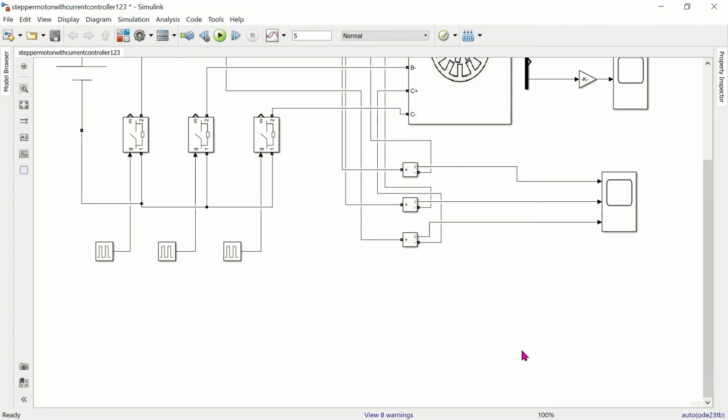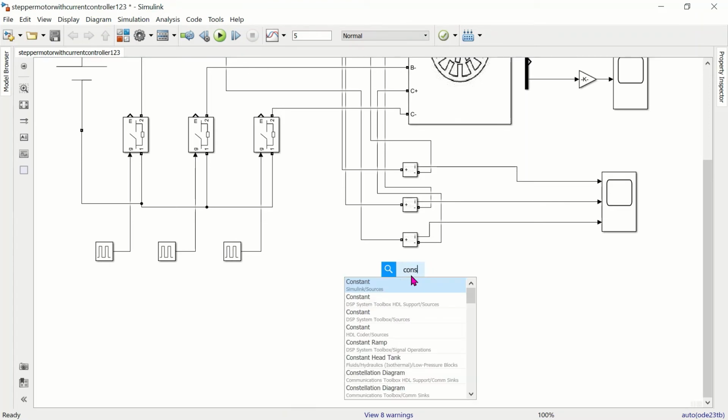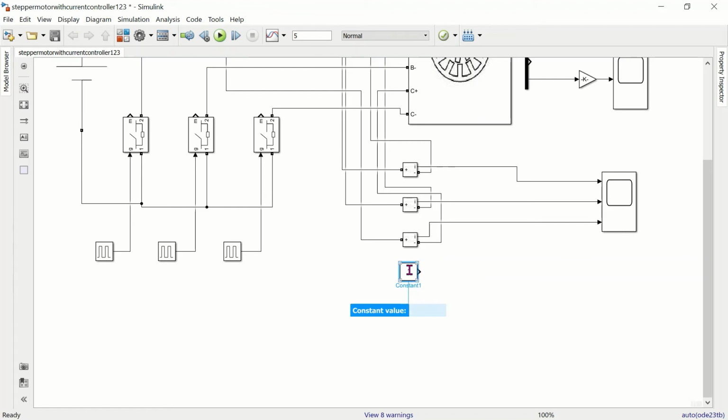Now we connect a current controller and check the current that is taken by the motor in each phase. The first step of the current controller is that we have to set the reference current. For that I am selecting a constant. Here I am making the constant 3 ampere as the reference.